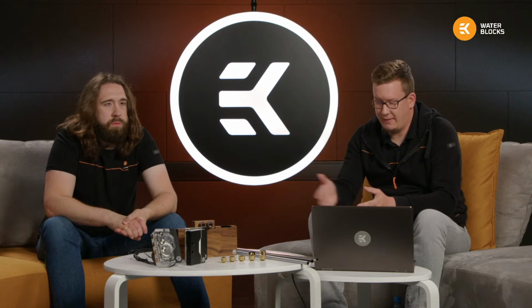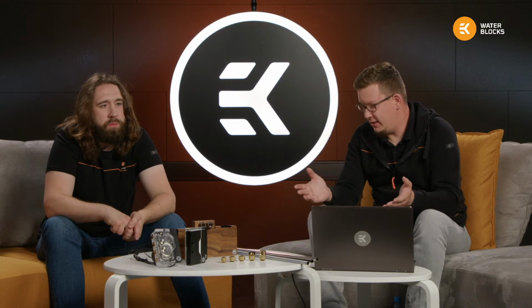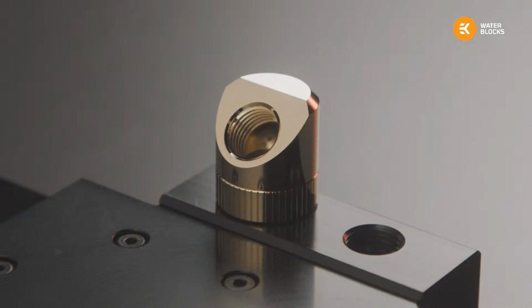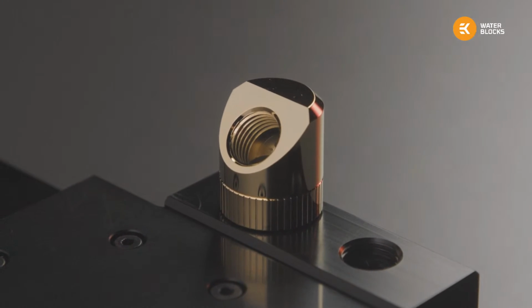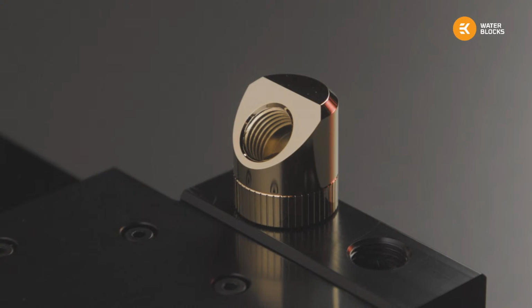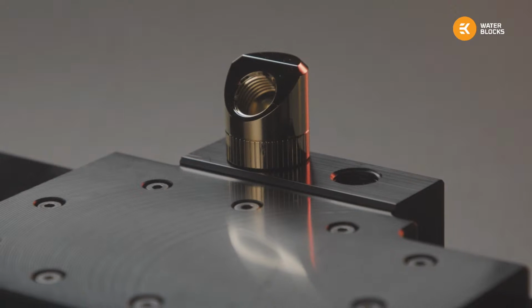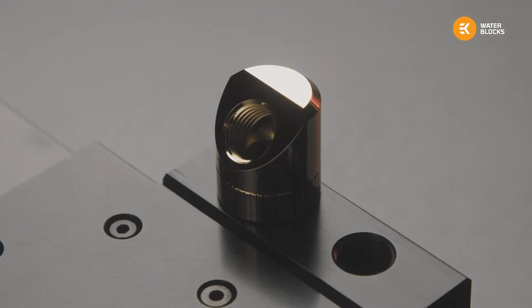About the things that we have more on display here, we have physical samples of the gold fittings, so that you can see the actual shade which will be available. This is actually real gold plating on these fittings. It's a really thin gold plating, so don't try to scrape it off. You won't be rich, but it's a really nice finish that we are able to bring to